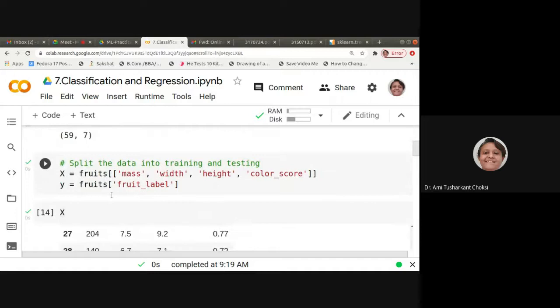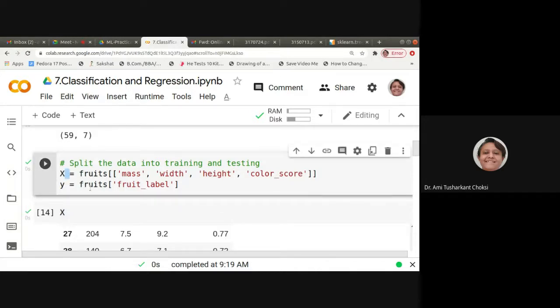Let us consider our x and y, with which we'll have our x train, x test, y train and y test data. So for x, we are considering the fruits' mass, width, height, and color_score.